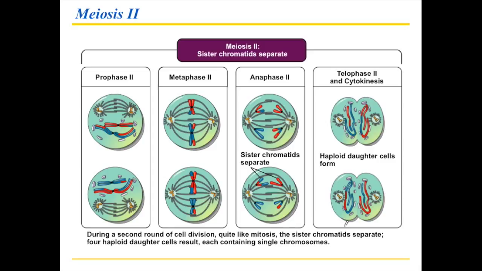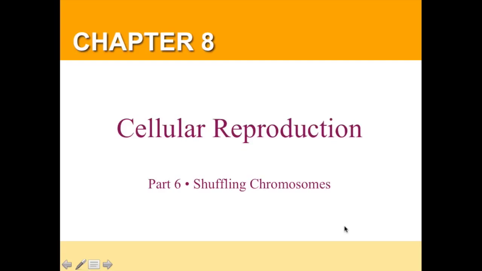Now, if we enumerated all the differences between the two, we would find that clearly, these are very similar processes, but meiosis has 2 steps, mitosis has only 1. Meiosis allows a certain amount of error to be introduced with this overlapping, whereas mitosis doesn't. So those are the kind of things that are different, but they're still very similar kinds of processes. So that's part 5.